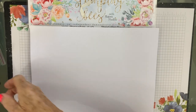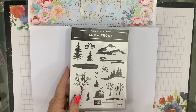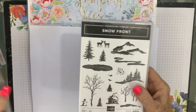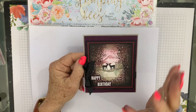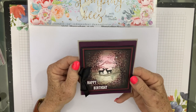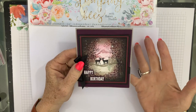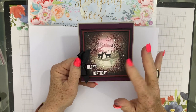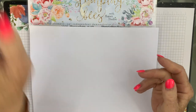So yes, as I said, the Snowfront stamp set, which is like a sister or a brother to the Waterfront stamp set. And I have made quite a few cards with this gorgeous stamp set. And this is the one that I'll be going through with you today. So basically it's like the deer in a glen. We're looking through the forest and looking at those gorgeous deer with a mountain in the background. Very easy to recreate. So I thought I would share that with you today, and it can be a masculine or a feminine card. It really is sort of gender neutral. Obviously it has been brought out for the holiday, for Christmas, etc., but I have used it here for a birthday. So for what you will need